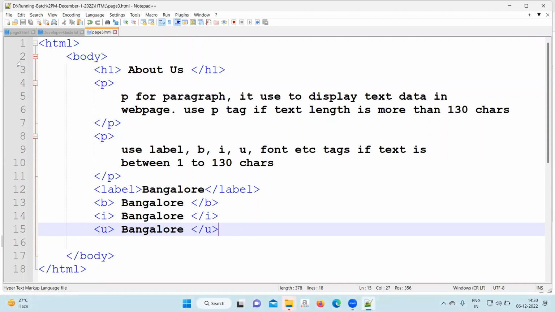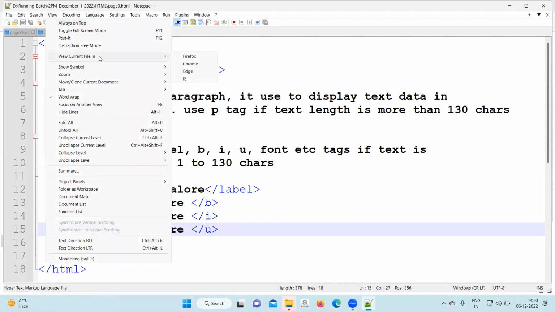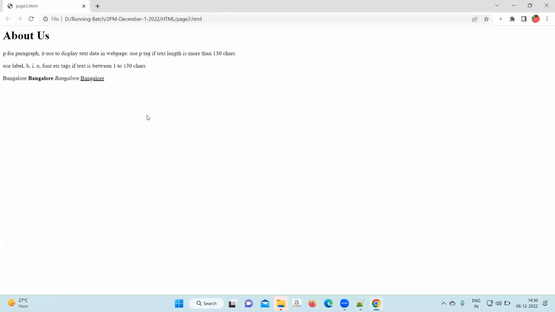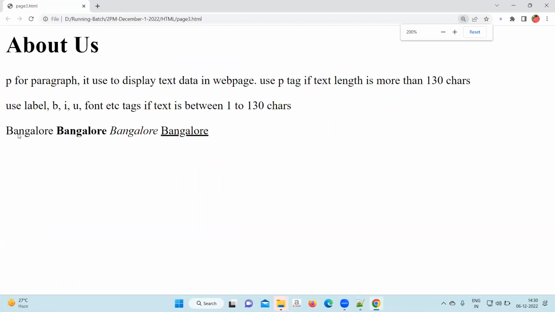So written, check now. Hopefully your page should appear something like this. About us, and all are coming in the same line. Bangalore, normal text. This is called bold. This is called italic, and this is called underline. All are inline tags only, which we have written up to 130